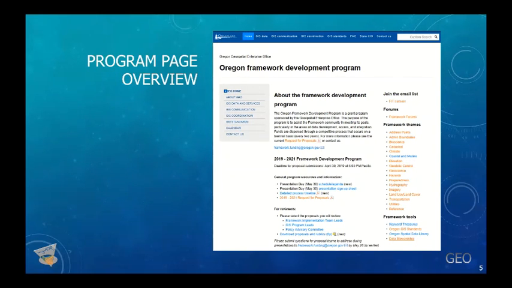So let's spend a little bit of time going over the Framework Development Program page. What is on the page? Well, first of all, you can find the contact email for contacting me, and that's framework.funding@oregon.gov.